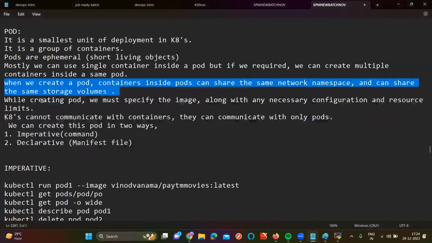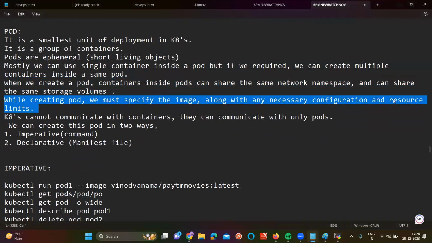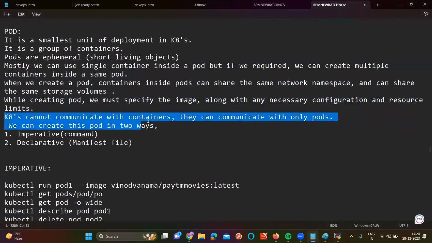So while creating a pod, you must specify the image. We need to give the pod image, along with the necessary configuration and resource limits also. Kubernetes cannot communicate with containers. They will communicate only with pods. So we need to create the pods only. Is the concept clear now?